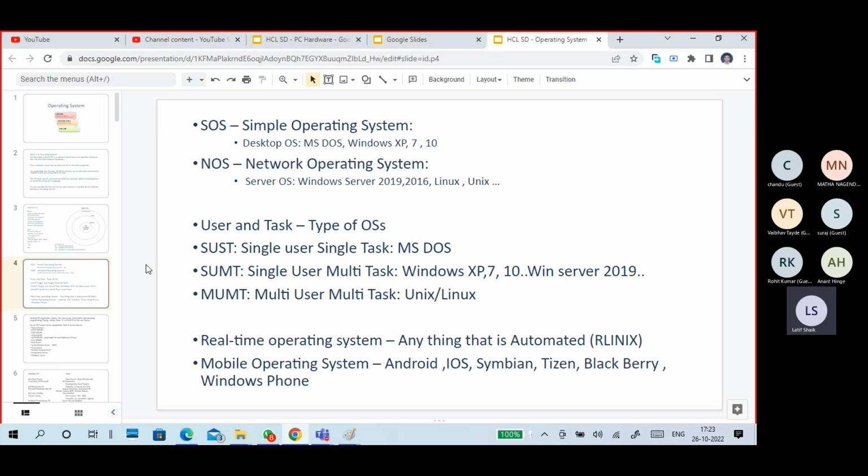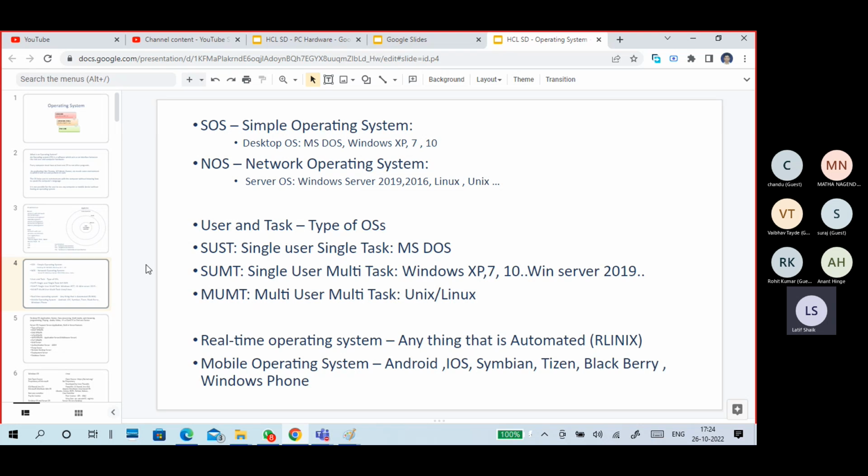NOS, network operating system, is a server OS, like Windows Server, Linux, Unix kinds of operating systems.